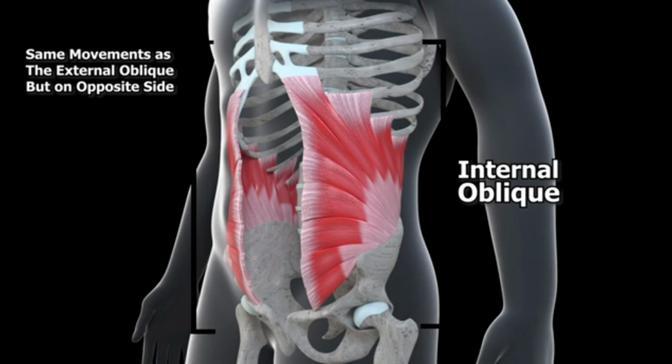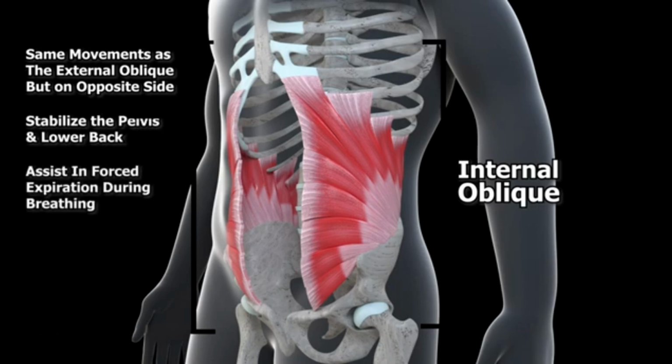The internal oblique also helps to stabilize the pelvis and lower back, as well as assisting in forced expiration during breathing. The internal oblique contributes to rotational movements of the trunk and is particularly important during sports or activities that involve twisting. In addition to rotational movements, the internal oblique also plays a role in side bending of the trunk